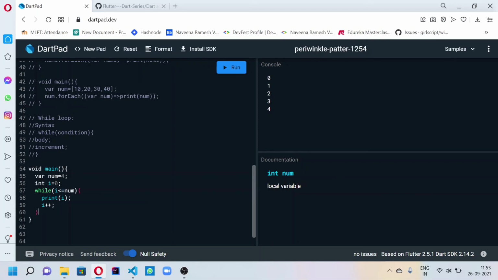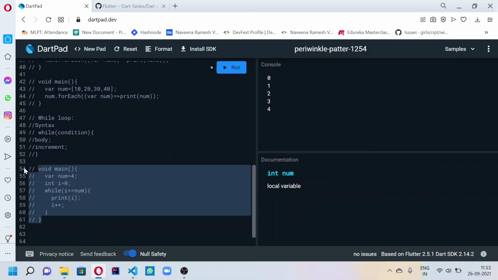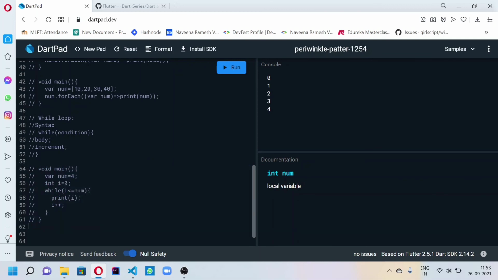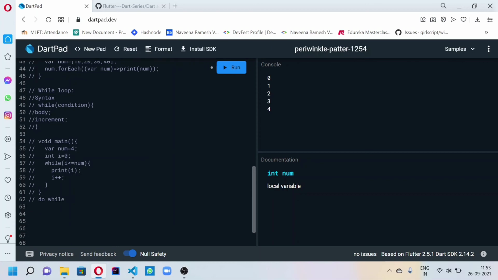Okay. Now we'll see do while loop. Do while loop is the same as while loop, but it will do the body first and then check the condition. So even if the condition doesn't meet, it will print the value at least once. Body.